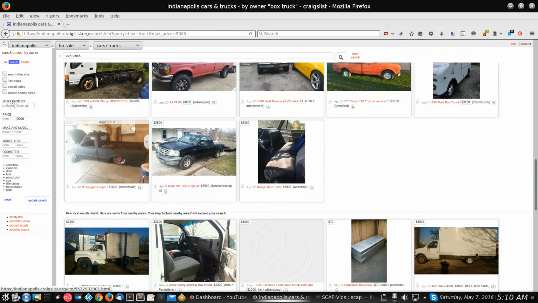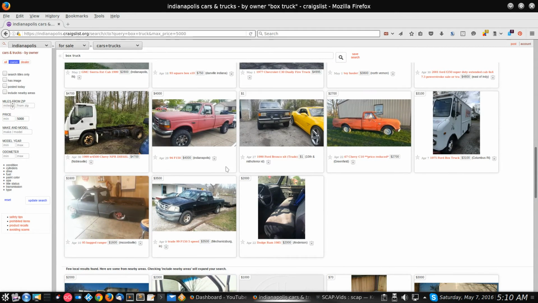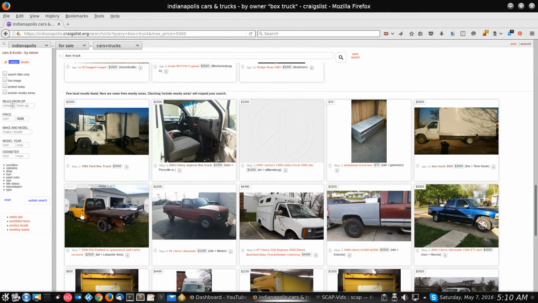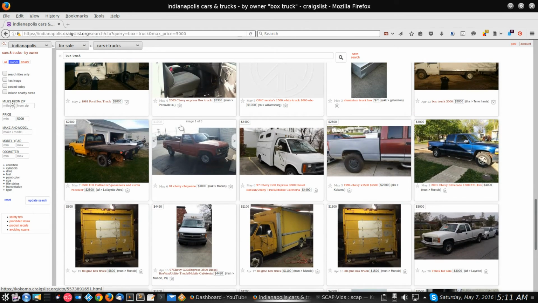So as an example, we're looking in Indianapolis, but you go down here and this truck right here is an example, nice flatbed, $2,500, probably a pretty good deal. Looks to be a really good deal, but it's in the Lafayette area. You see, that's not Indianapolis. So that being said, here's another one, reefer truck. It doesn't give a location, but we know it's not actually in Indianapolis. Like this one over here is in Terre Haute. This one's in Marion.